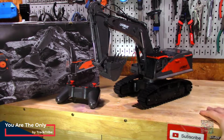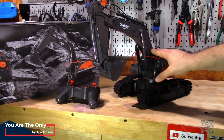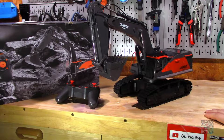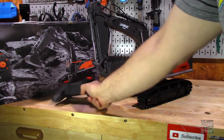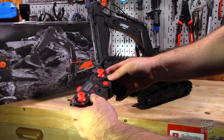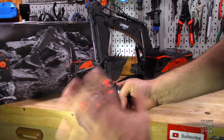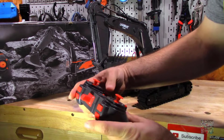All right, so to wrap this up, guys, I'd just like to say that for $100, I think that this is a solid excavator. It does lack a lot of the finer tuning that you would have in a much more expensive example of an excavator. For instance, all of the inputs on this huge clunky remote, which could be just a little thinner, but everything is all or nothing. There are no digital proportional inputs to this thing, because to get it to move you have to use